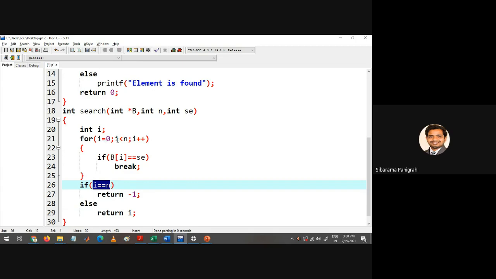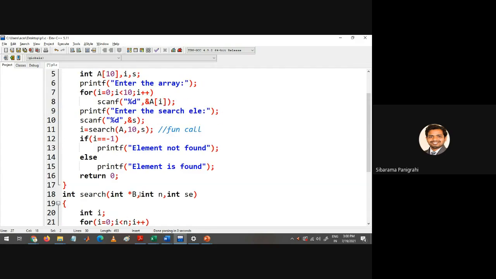When this break statement will not be executed, then when will this loop terminate? When the value of i becomes the same as n. Then i less than n becomes false, and it will go out of the loop. So if the element is not found, then the value of i will become n, right? So if i equals n, it means the element is not found, and it will return -1. Where will it return? It will return to i. So here I will check if i equals -1, it means the element is not found. Otherwise the element is